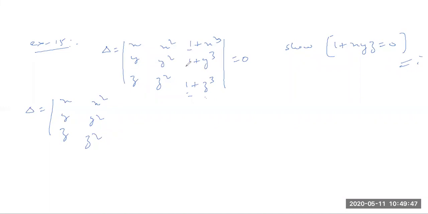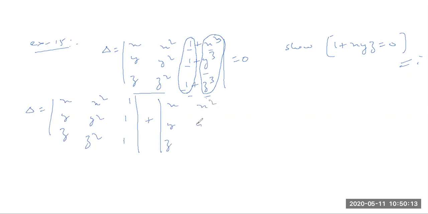Here it is written 1, 1 and 1, and this is also getting added x cube, y cube, z cube. So we can split these two things, like we can split this part and this part also. This is the property of determinant, that we can split the terms whenever it is written like this. So it will be 1, 1, 1 plus both these columns will be same: x, y, z, then x square, y square, z square, and x cube, y cube, z cube. This is also the property of determinant, that we can split the columns in this form.